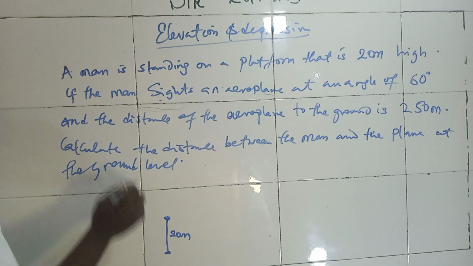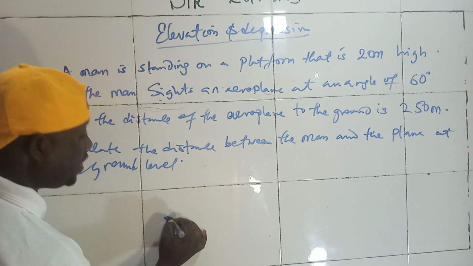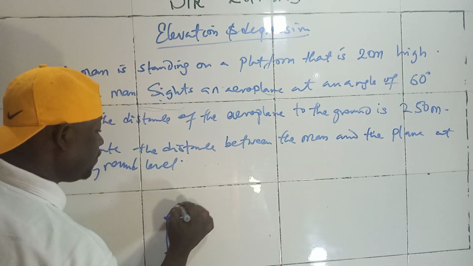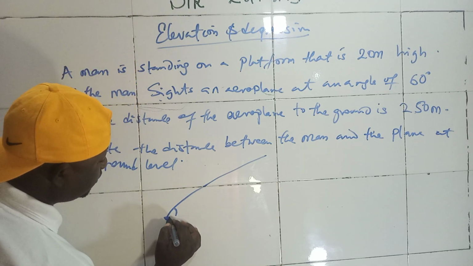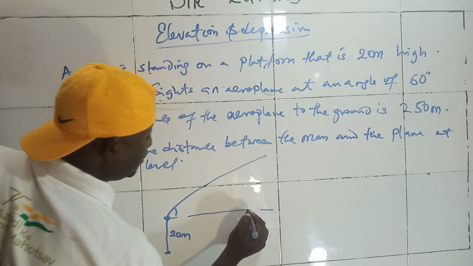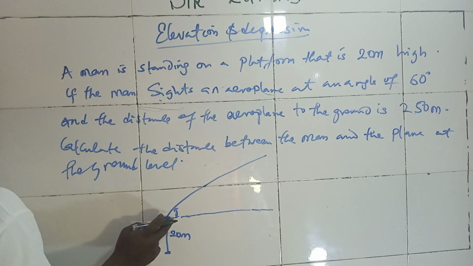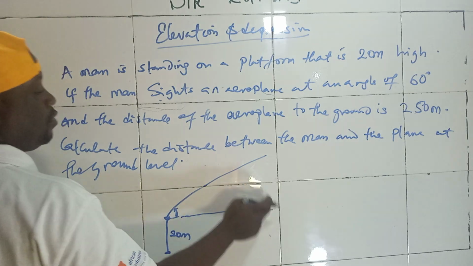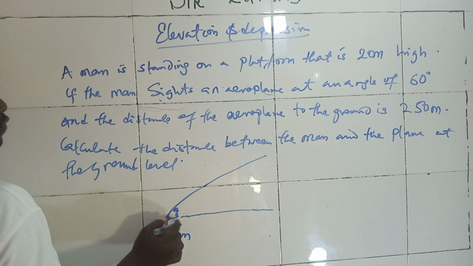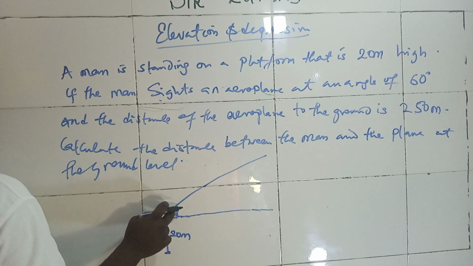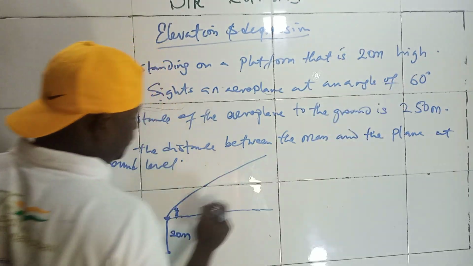This is the man. And I said, if the man sights an aeroplane at an angle of 60 degrees, definitely the aeroplane will be up at an angle of 60 degrees. This is the angle of elevation. This is normal vision. I hope I'm clear. Initially the man has a normal vision, but because of the sound of the aeroplane, it has changed from normal vision to an angle of elevation. So the man sights an aeroplane at an angle of elevation of 60 degrees,